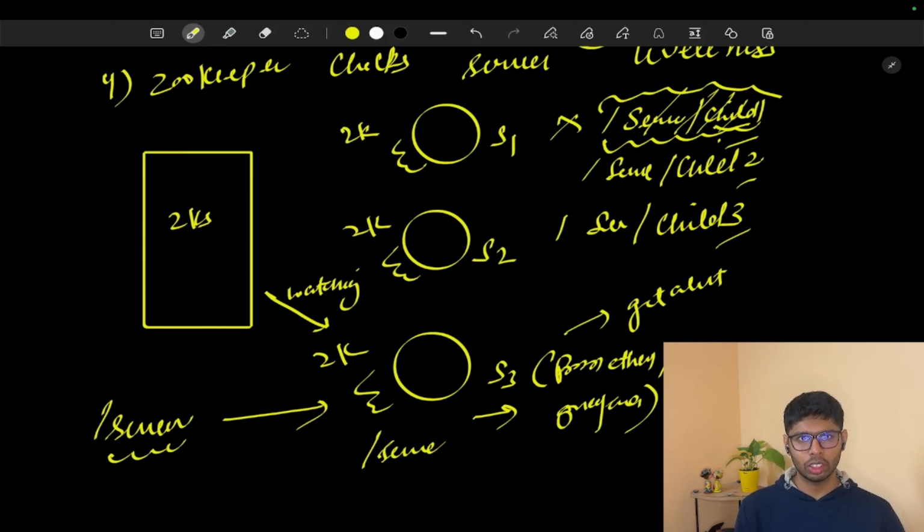There is one more good quality that we can discuss in this particular topic. At runtime, if you want to add one more server, that can be added very simply by adding slash server child 4 or slash server child 5, and it's quite easy. Now let's move to our fifth point.